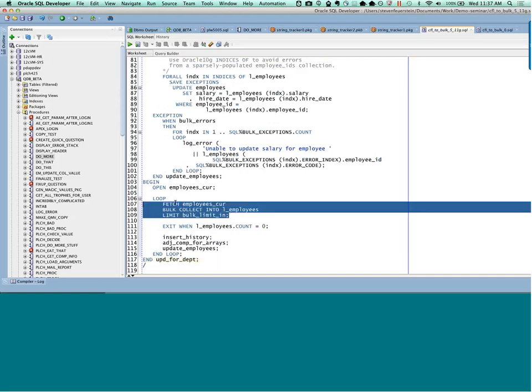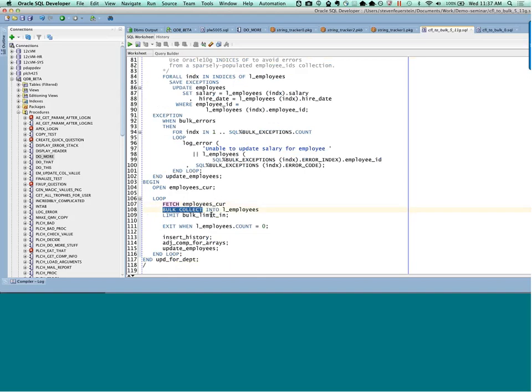So when I say fetch bulk collect, I can now get 1, 10, 1,000 rows with a single fetch to the database. So bulk collect is how I improve query performance. And then I get those n number of rows, like 100 or 1,000. And then I'm going to do all my inserts. I'm going to do whatever adjustments I need inside my PL/SQL arrays, and I'm going to do all my